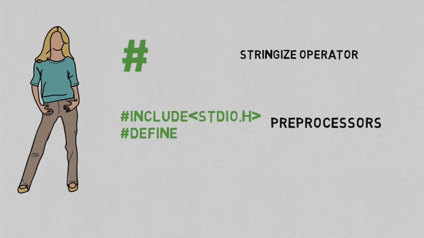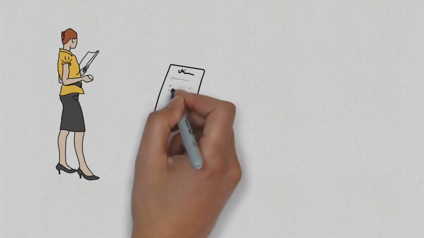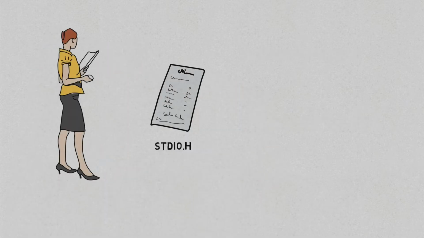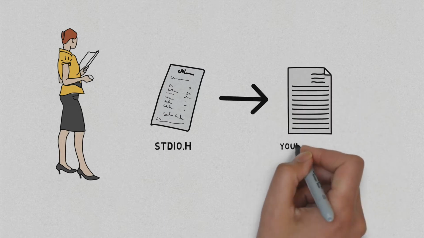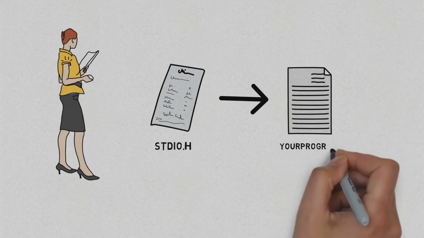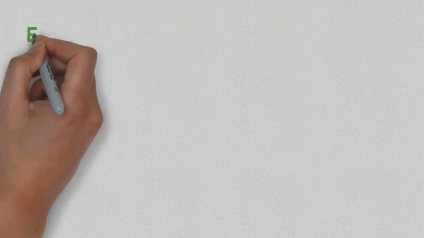Whenever we are using directives, the content of the included header file after pre-processing is copied to the current file for future use. That means if you are using #include stdio.h, then the content of stdio.h is copied into your current program, and while executing the program, the code of stdio.h is part of your current program.